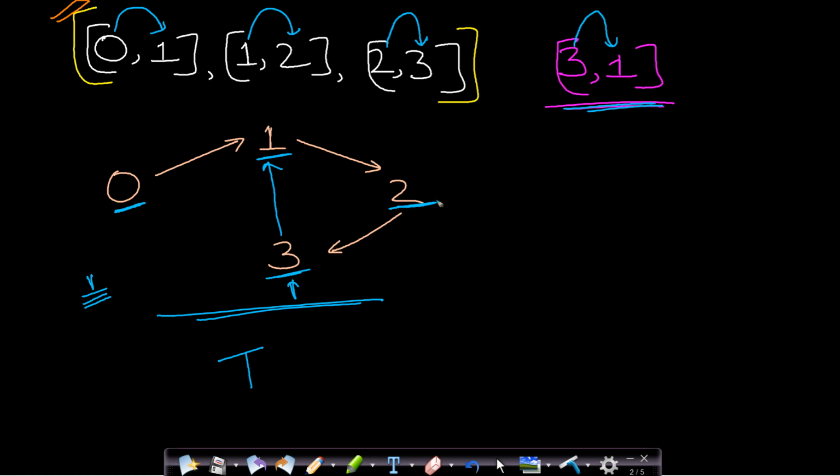Now there is no starting point in this graph, so you can see that in order to take course 3 you need to first take course 1, but in order to take course 1 you need to take course 2. So there is a deadlock in this case. So in this case you cannot take any of these 3 courses, and therefore there will be no possible way to take all the courses. In this case you will return false. So I hope you got the problem statement now.